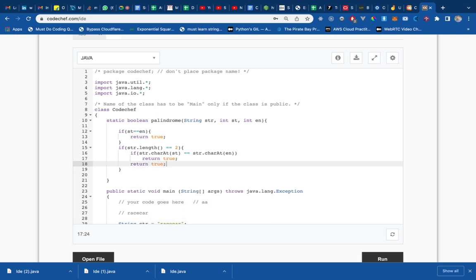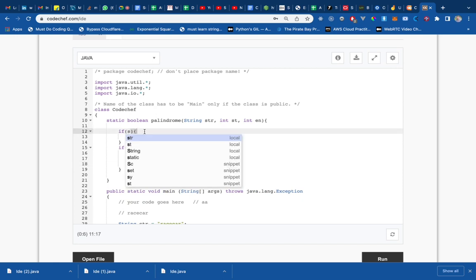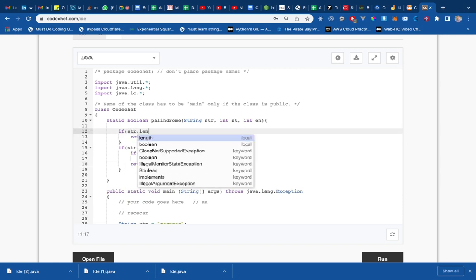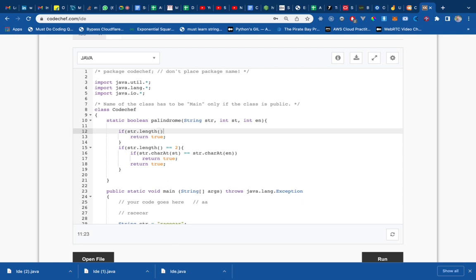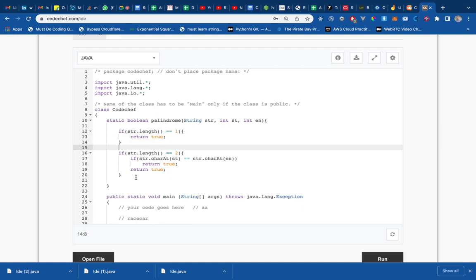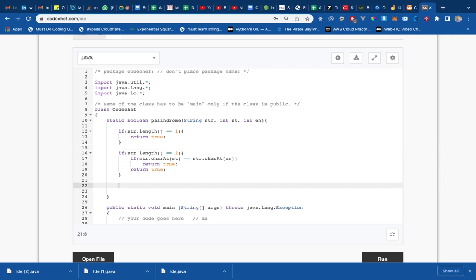Return true. And similarly, instead of writing this, can we write something like this? str dot length equals 1, and we just return true. It's the same thing, right? Now, if these two are the base cases, now we are at the position where